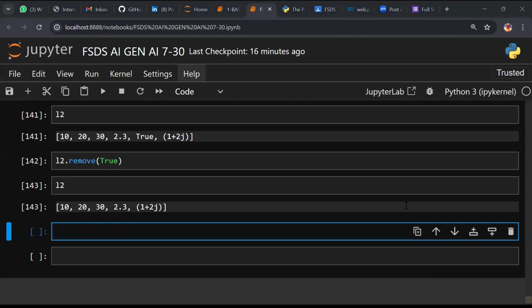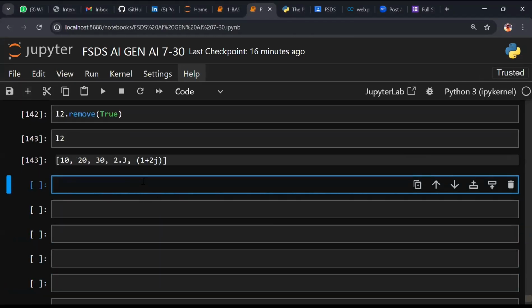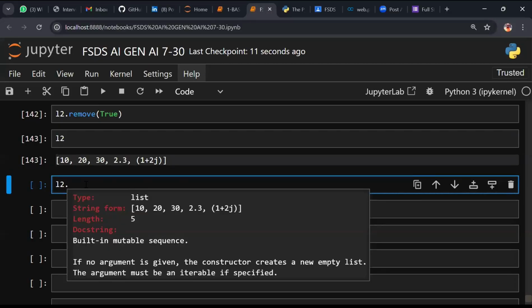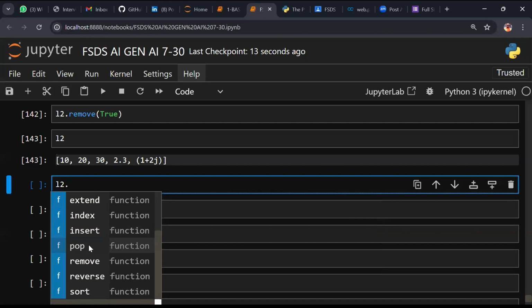Meaning the third value didn't mean by index. Okay, now you got it. Okay, good. Next, this data structure is very important. This data structure we implement in projects later. So L2 dot, now here there are a few concepts. I'll go here, L2, just tab. There are many of them: insert, index, reverse, and sort.